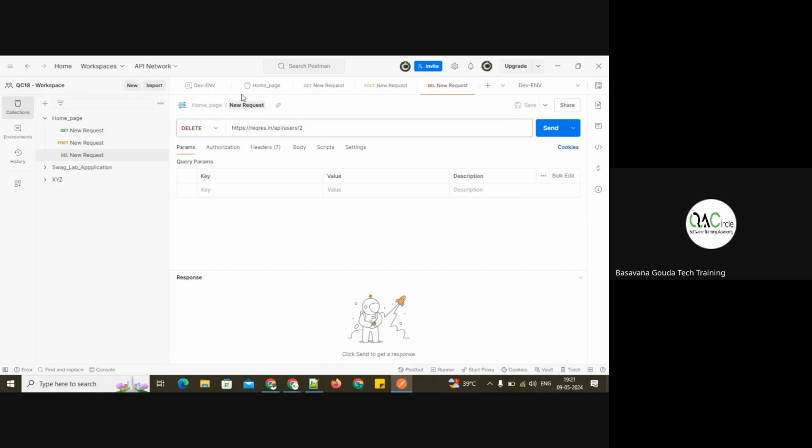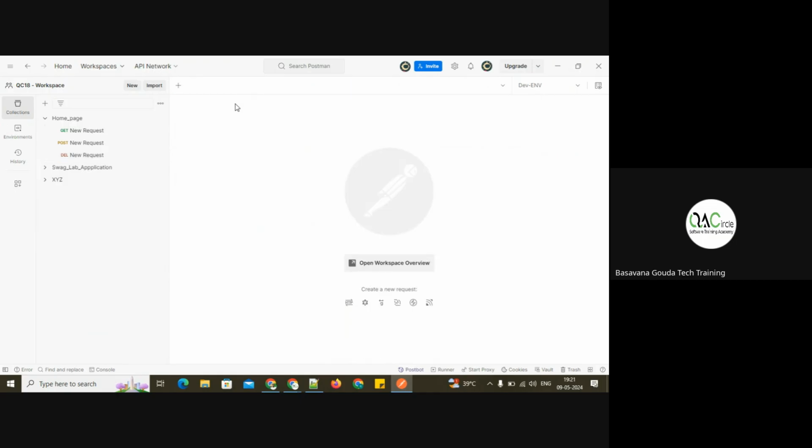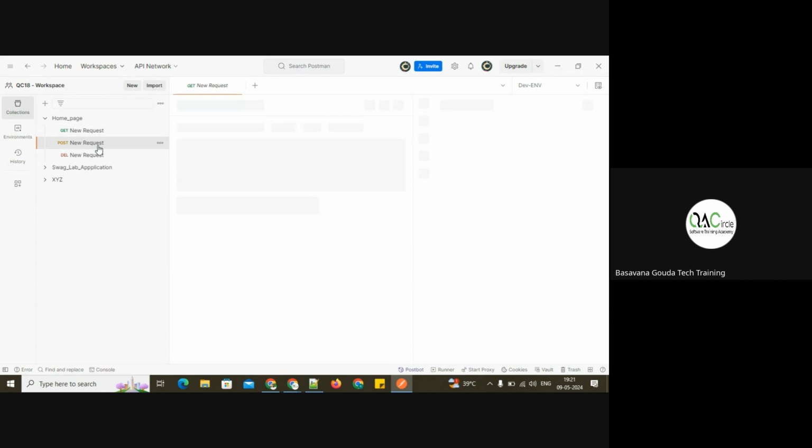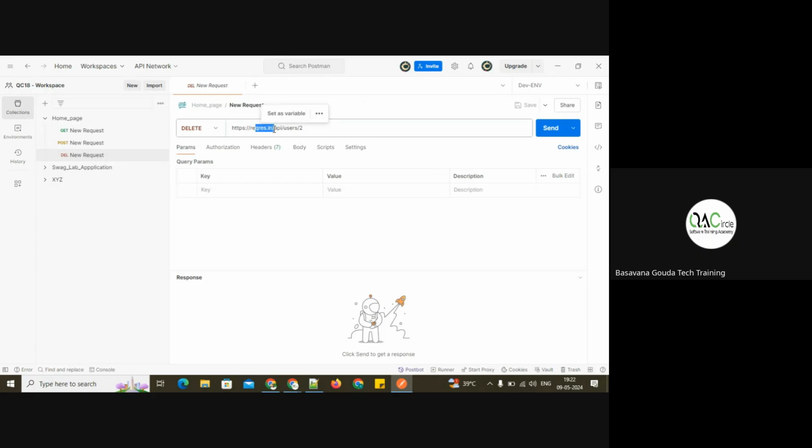Okay. Now tell me how many requests we have in the home page collection. How many requests? API requests. 3, right? Okay. Now I have done hard coding. Look here, https reqres.in in every request. Assume that in future, if the developer changes the URL to reqres.com, then if you have 100 requests,